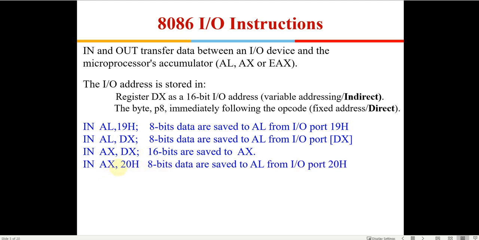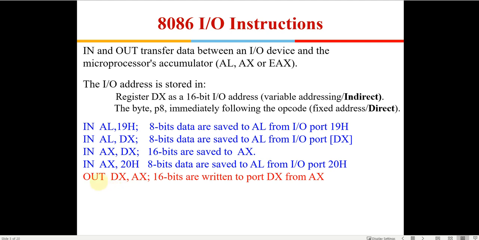Then this is again direct addressing, where you have IN AX, 20H. Sorry, this should have been 16 bits here, because it is AX, so there's an error here and this has to be changed. In this case a word will be fetched from the input output port to the AX register.